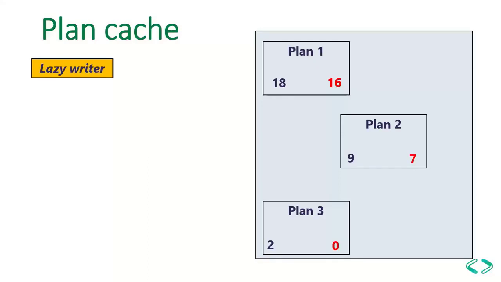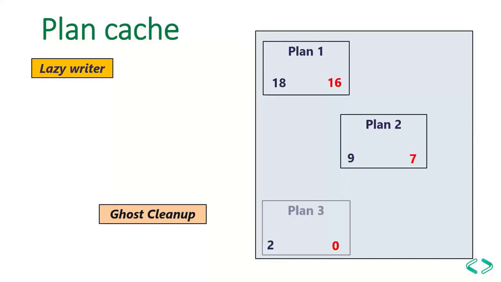There is some other process known as ghost cleanup, which will kick in every few minutes by the SQL Server automatically. What it does is, it will go ahead and flag all these execution plans with no countdown value as ghosted. That means they are still in the plan cache, but they are in the half-life. Now, for example, if there is a memory pressure tomorrow, then the ghost cleanup on its regular process will come and take these ghosted execution plans out of the cache, and evict them out of the cache.